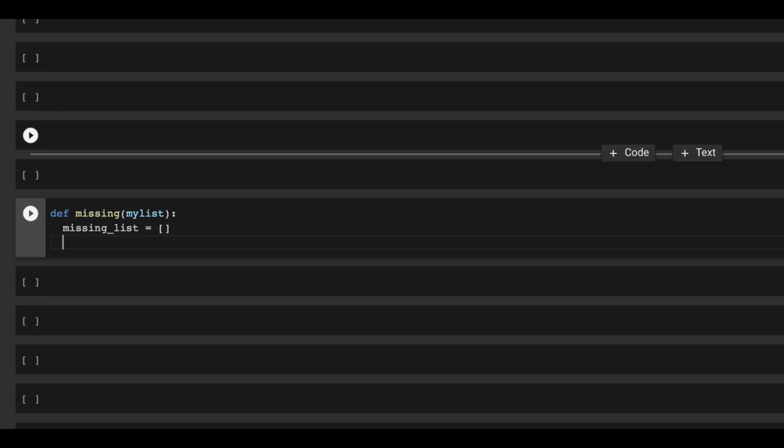Then we're going to do a for loop. So we're going to do a for n in range my list 0 up to my list -1 plus 1. Okay, so what this range does is it's going to grab